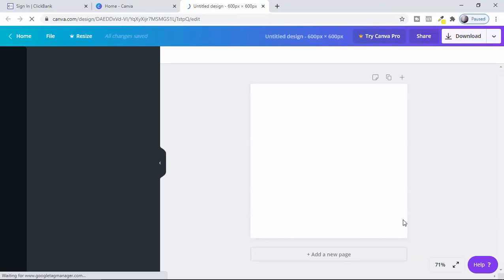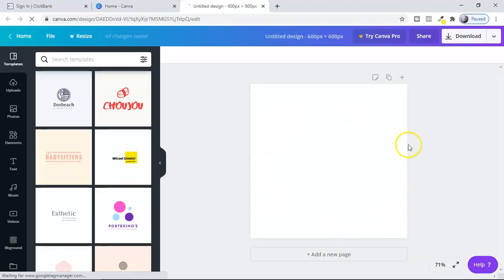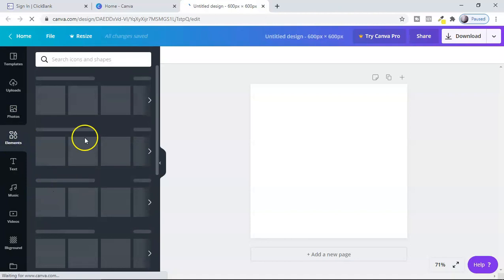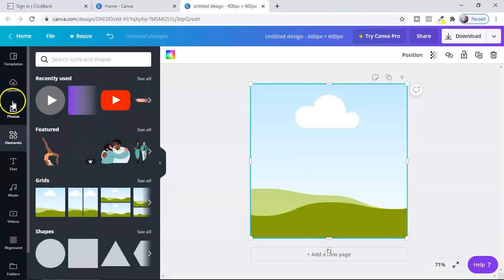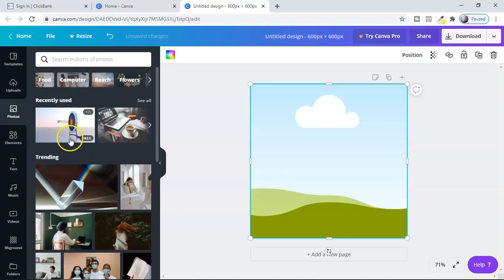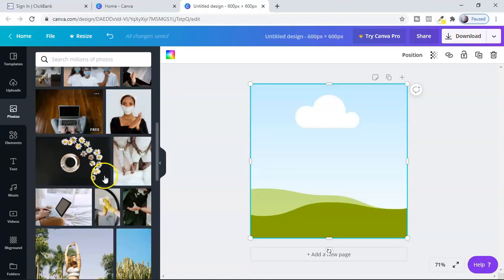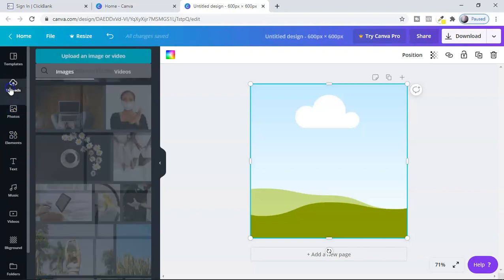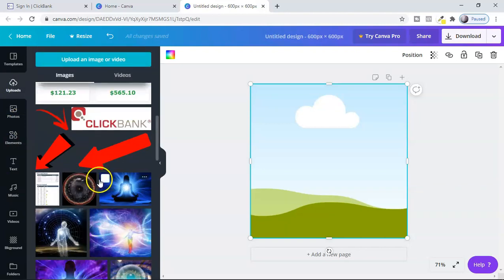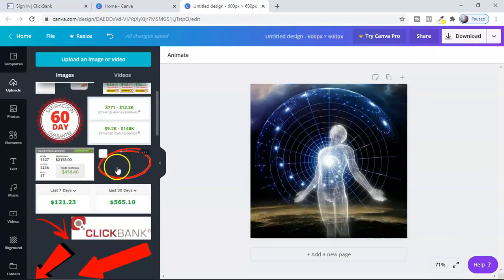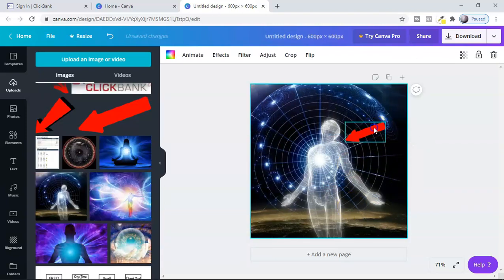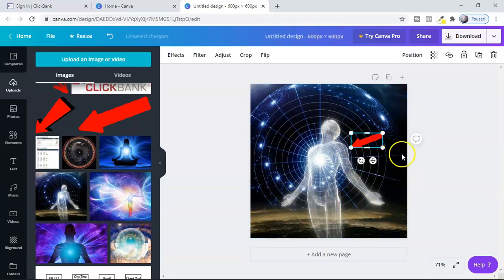You should know the Facebook ad aspect ratio, which I showed you in the beginning. And now you have elements and all, right? You can use these elements, for example this one, and according to the offer you can also use images, okay? If it's make money online, whatever images you're looking for, you can download from Google also, but make sure they are copyright free, okay? For example this image, and also you can put some arrows like this. For example this arrow, you can put it here, right? It's just to grab the attention of the people, okay? You can put the arrow, right?